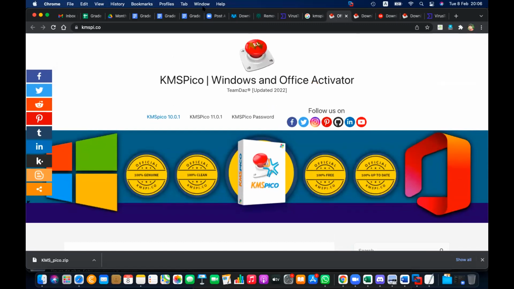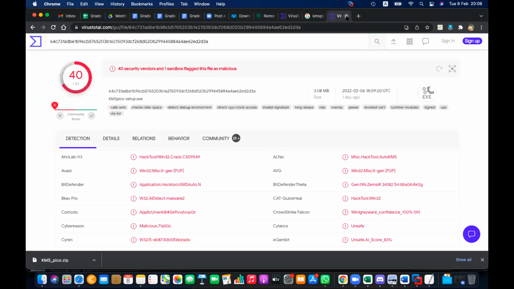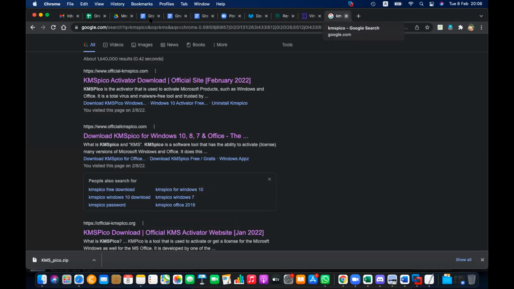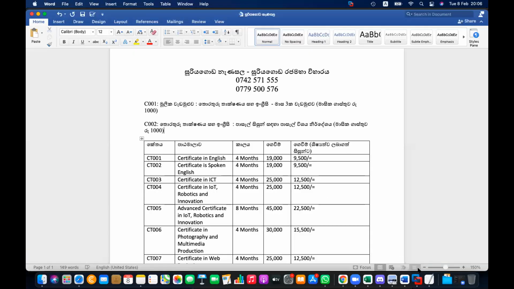That's the reason. Okay, anyway, now understand the risk. Activating by fake methods or by searching for a key in Google is not genuine, not legal, not good. Always check the instructions before you download, before you click something.